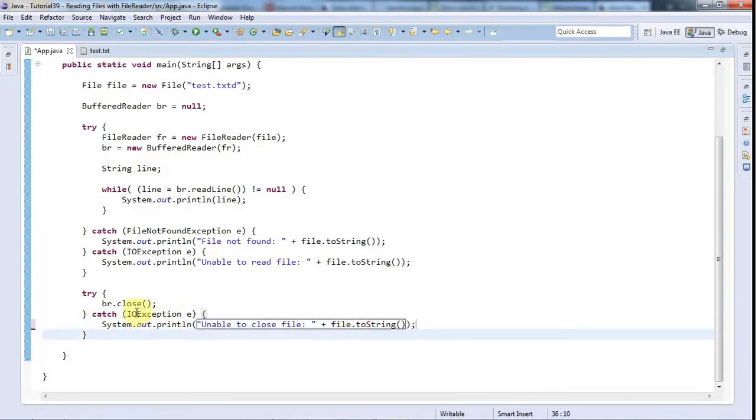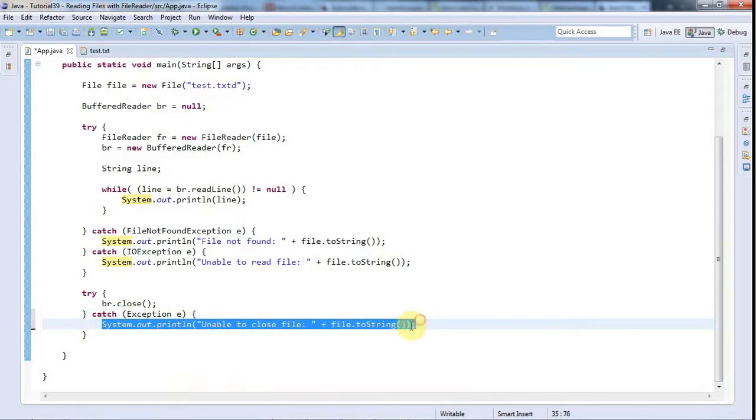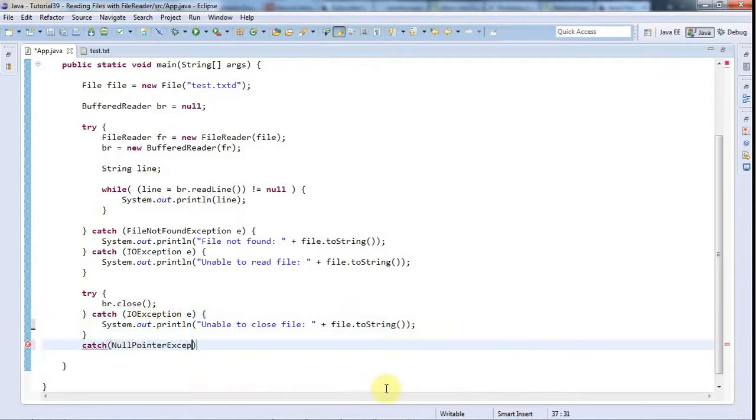And now we could change this to exception, because if we throw a null pointer exception, if we had this just like this, it would be caught by this as well. But then it would be wrongly saying unable to close file, when in fact the problem was the file could not be opened. So let's not do that. Let's just go here, put another catch in, catch null pointer exception X,